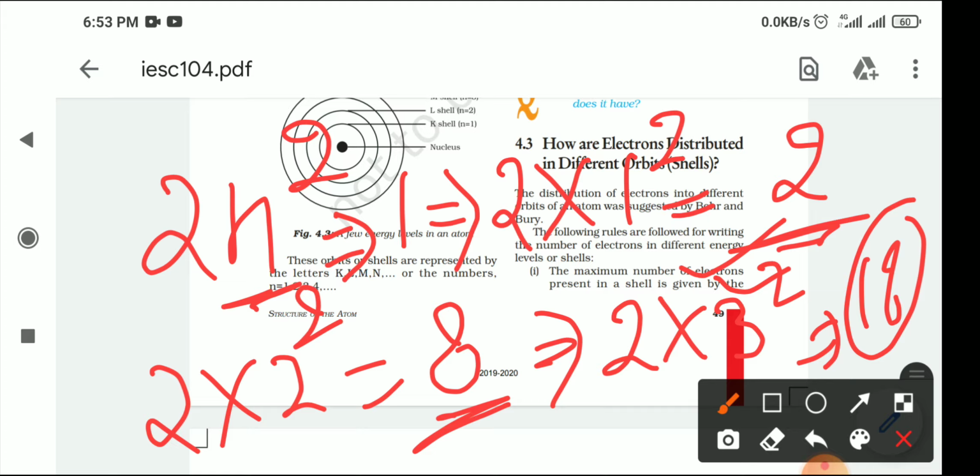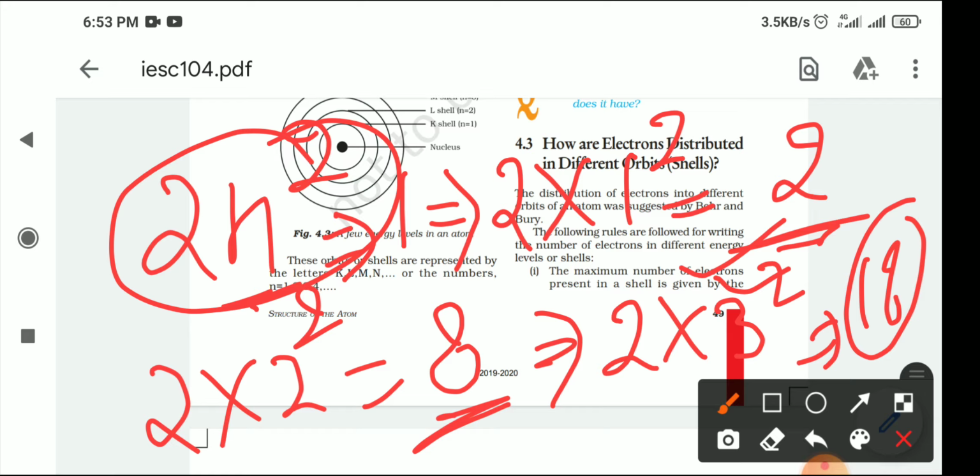18 electrons can come, and if the electrons are more than this, then they will go to another shell. So by this rule or formula, which is called 2n square, and is very important to know how the electrons are distributed in the various orbits or shells. This is a very important formula, the 2n square rule, where n is showing the number of orbit or the number of shell.